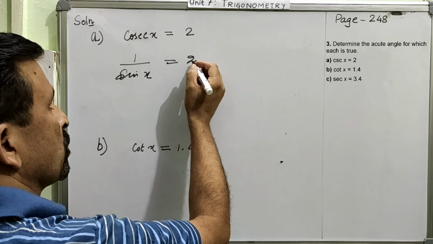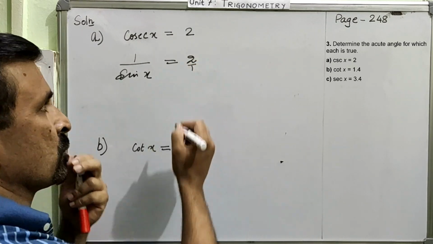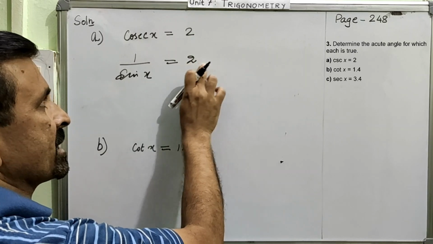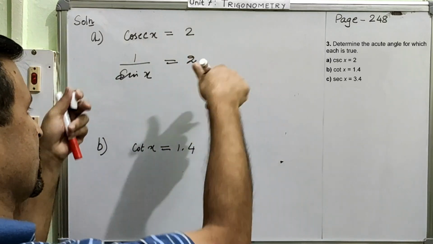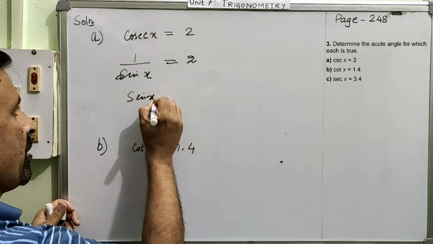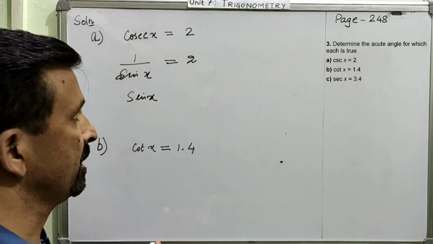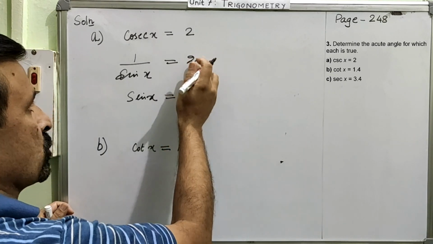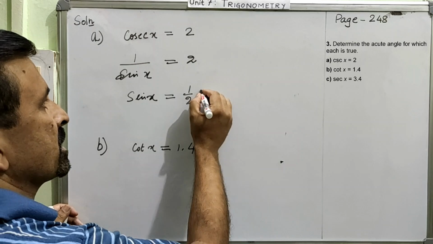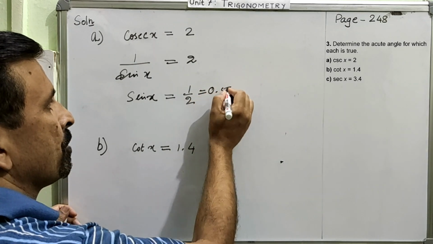Clear? You know that 2 means what? It is a fraction number. 2 is 2 over 1. Right? This is for your understanding. Please always keep that in mind. So when I turn it upside down, this will become sin x over 1. Sin x over 1, and 1 in the denominator, we don't write. And then in that case, actually this was 2 over 1. So this will become 1 over 2. 1 over 2 means you know it is 0.5, right?